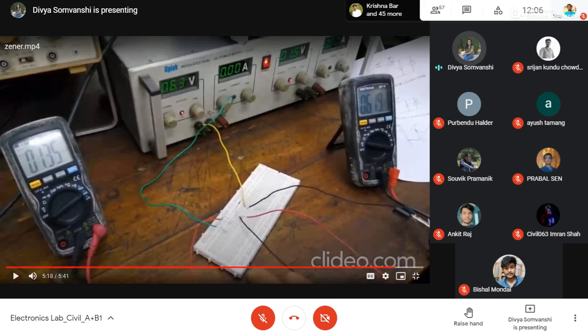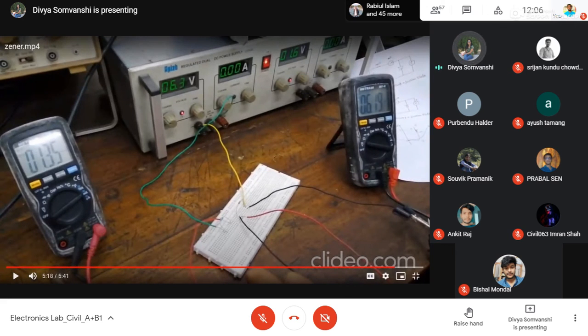Yes. Suppose you can now see it at 6.19, right? If you see in the voltmeter, it is displaying 6.19. Even though from your power supply your voltage is 6.3, in your voltmeter it is 6.19. It means at this voltage, 6.19, your Zener breakdown occurs, and even if you increase the number on your power supply, the voltage here will remain constant and your current will remain almost constant.